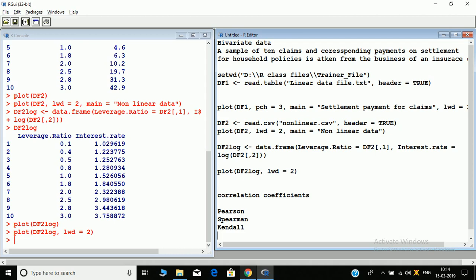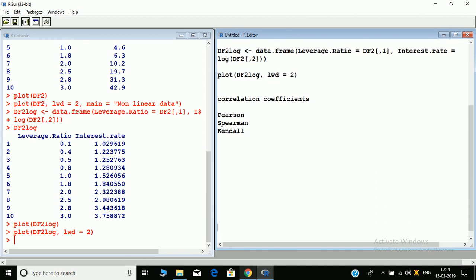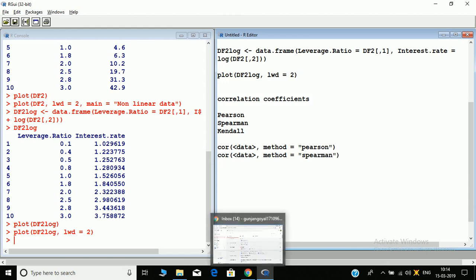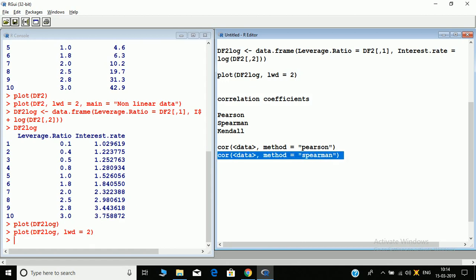So how do we obtain the correlation coefficients? The syntax is cor, which we have done earlier also: cor(data, method = ). This method can take three values: either "pearson", or cor(data, method = "spearman"), or method = "kendall".